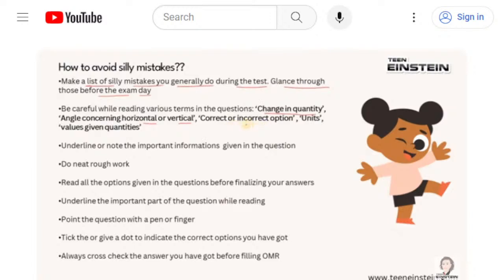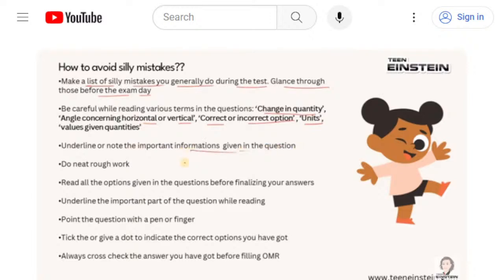Sometimes in the question you will be asked to find the incorrect option rather than the correct option. In that case, you should not answer with the correct options, okay? You should be very careful while reading the questions. And the most common silly mistake everyone makes is with units. You should consider the proper unit while solving the problem, and sometimes you may have to change the units as well. So here are some tips to avoid silly mistakes: